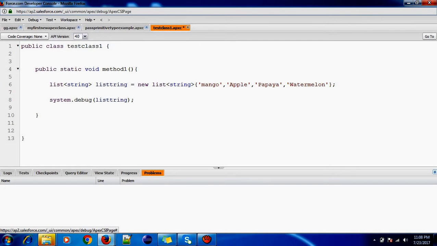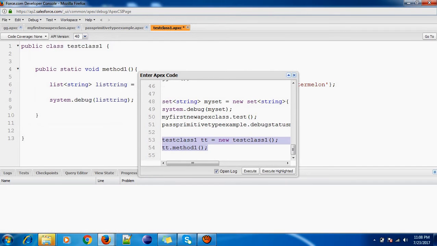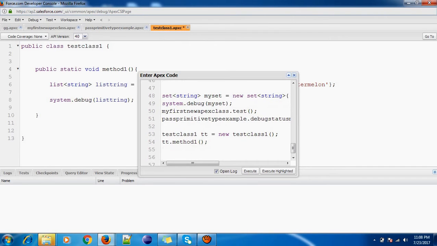If I use static here, while executing we don't have to use this instance; you can directly call the class name with the method name. If you want to know what is static and why we use static, please visit my other video by subscribing to this channel.